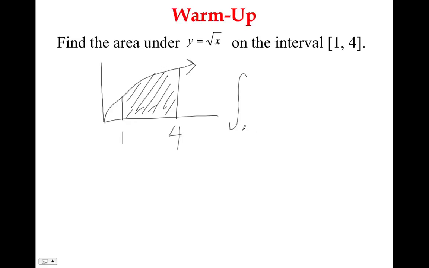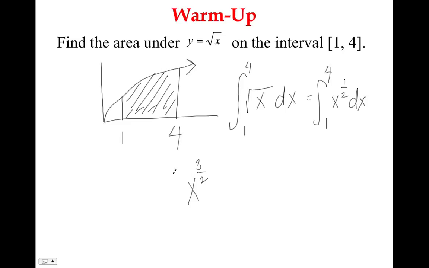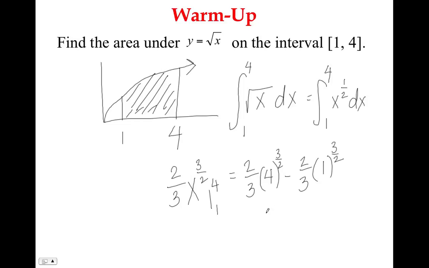means I'm simply going to integrate from 1 to 4 square root of x dx, or x to the 1/2 dx. I bring this up a power, which brings me to x to the 3/2, and I divide by that power up front. I evaluate this from 1 to 4, and I get 2/3 times 4 to the 3/2 minus 2/3 times 1 to the 3/2, which gives me 2/3 times what the square root of 4 is, 2, cubed